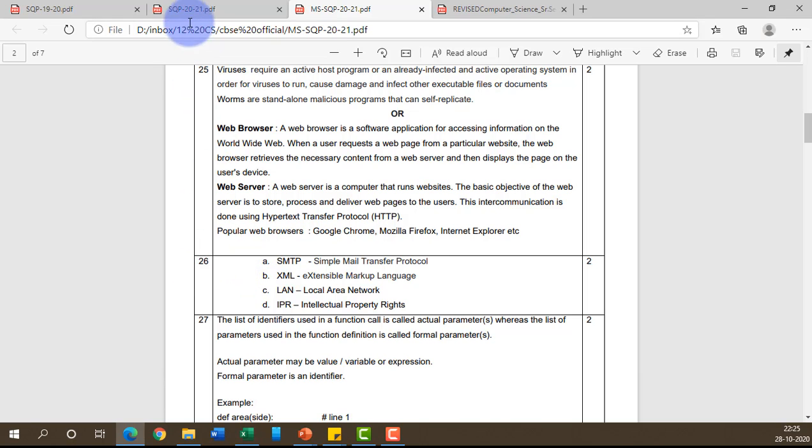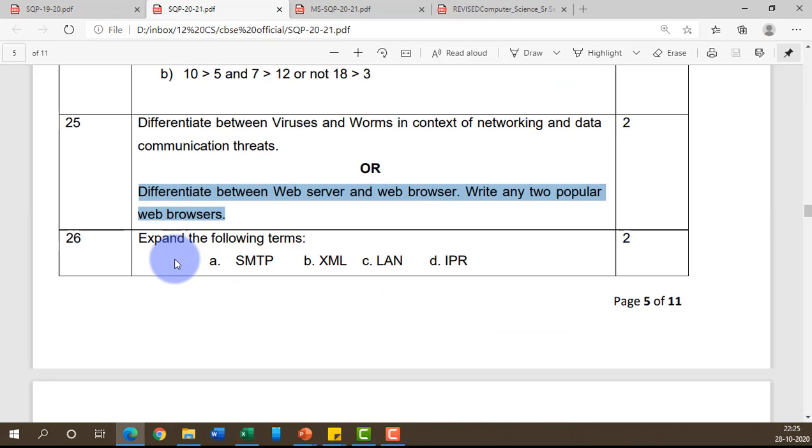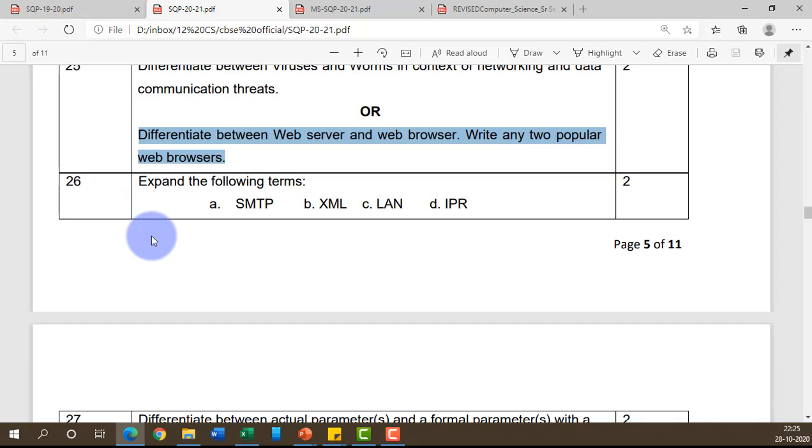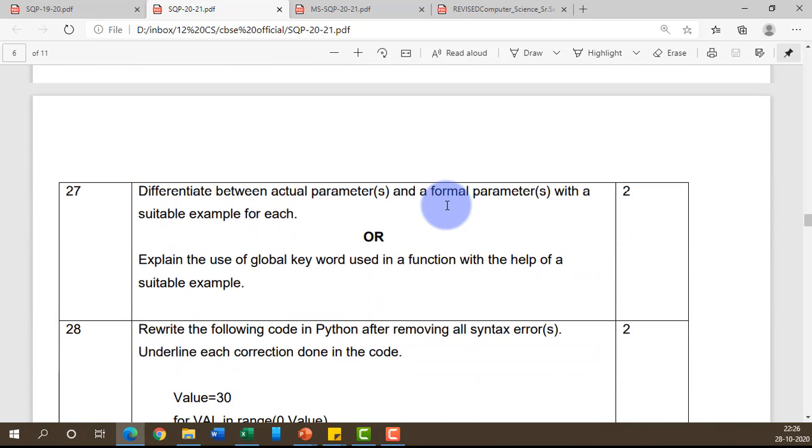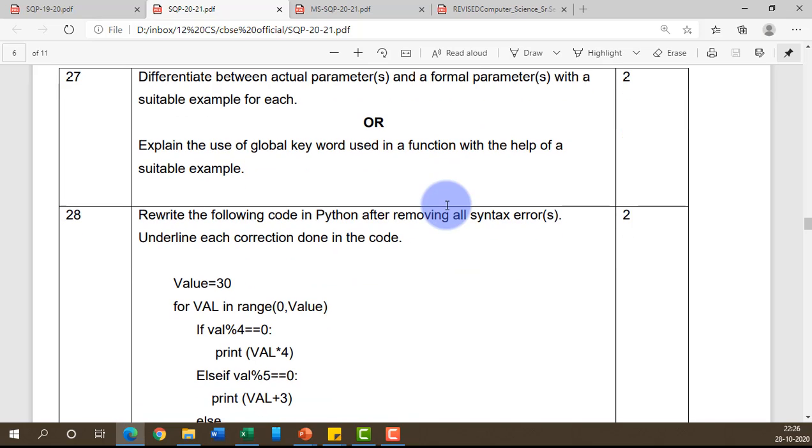Now it seems question 26 is also from this unit only. So let us go ahead and read this. Explain the following terms: SMTP, Simple Mail Transfer Protocol; XML, Extensible Markup Language; LAN, Local Area Network; and IPR, Intellectual Property Right. Okay, so now let us search for other questions from this unit